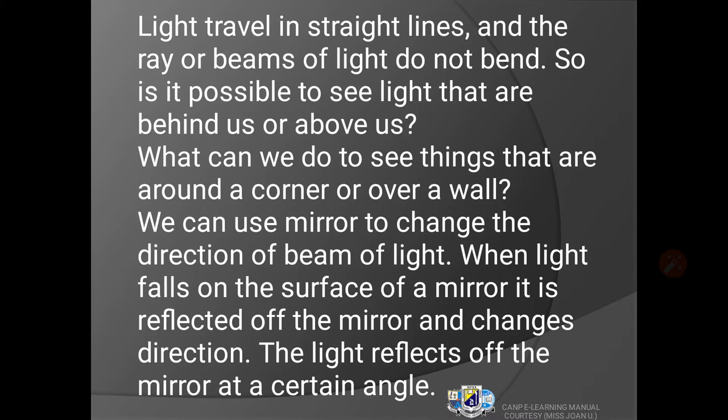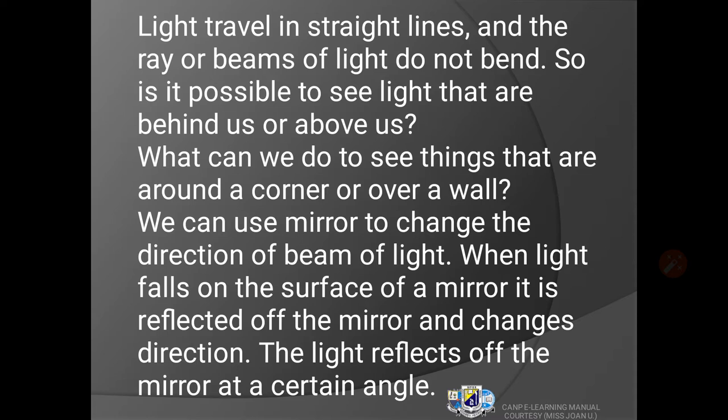Remember in our last topic we said when the light hits the plane surface or the object, it reflects to your eyes and then you are able to see the object. What about an object that is above your head or at the back of your head? What can you do to light to be able to see it? You can actually see objects behind your head or above your head